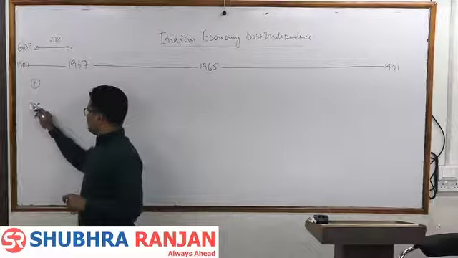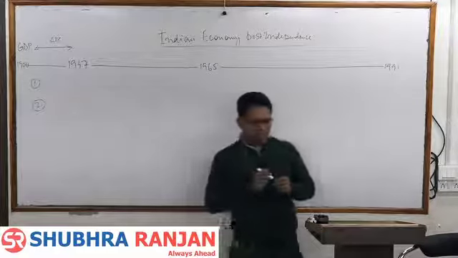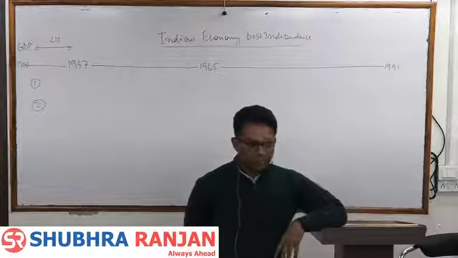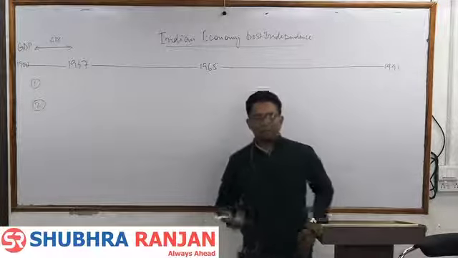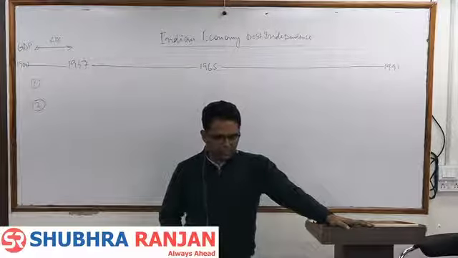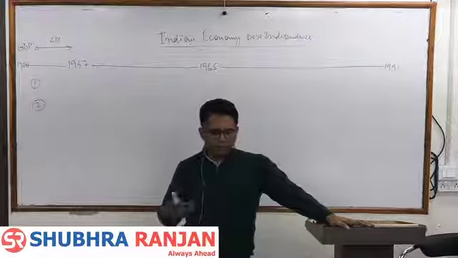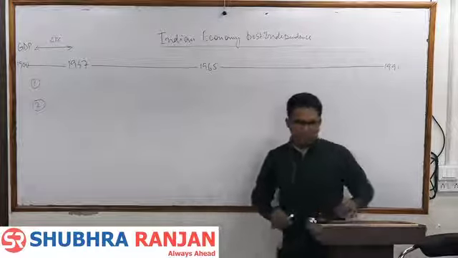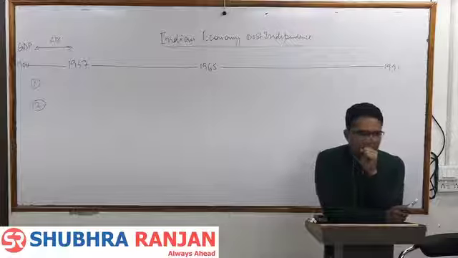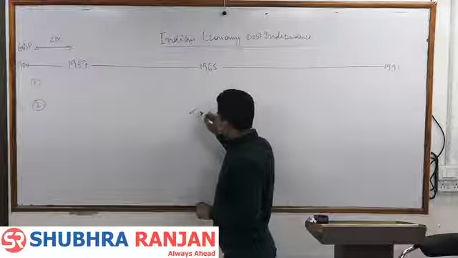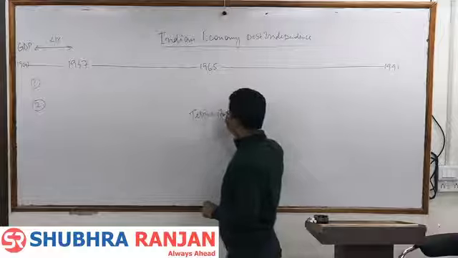Second, value addition, you understand? Value addition is simple. If I am a farmer, I am producing wheat and selling it at rupees 18 per kg. So if I produce 1 kg of wheat, my value addition is 18 rupees. ठीक है, my value addition is 18 rupees. There is a term called terms of trade.